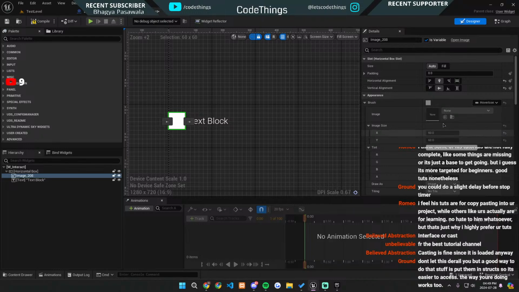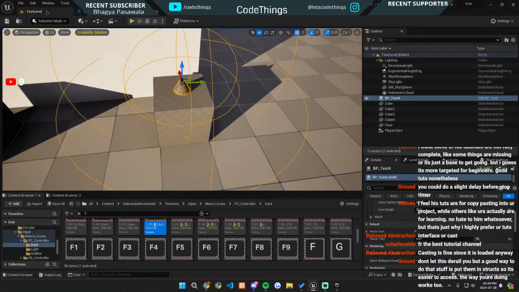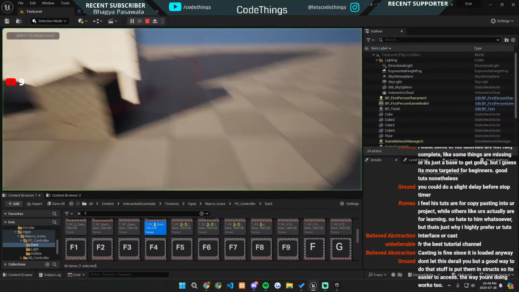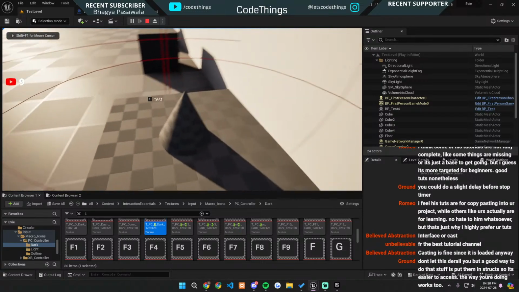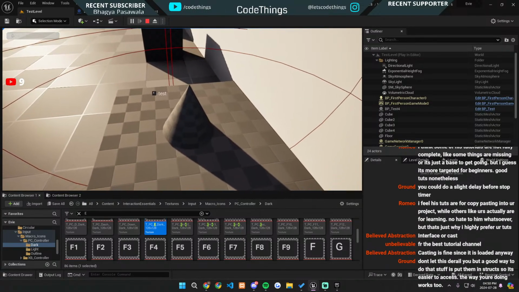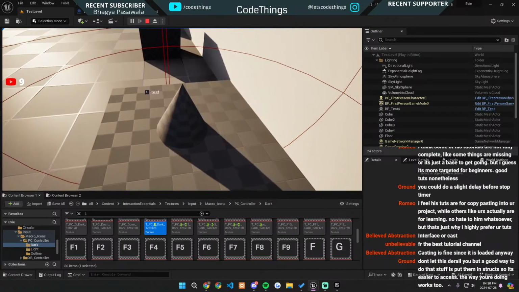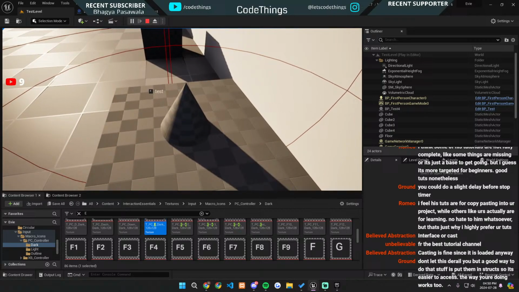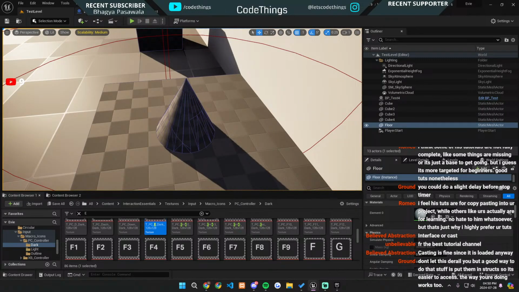Either way, why is this not updating to this image? So I need to bind this image to the hover icon. That's probably why. Let's see. So now if I go back, there we go. It's really small though. So probably have to make that bigger, but again, it's probably because of the size of the horizontal box. So what I could do is I can just go to,